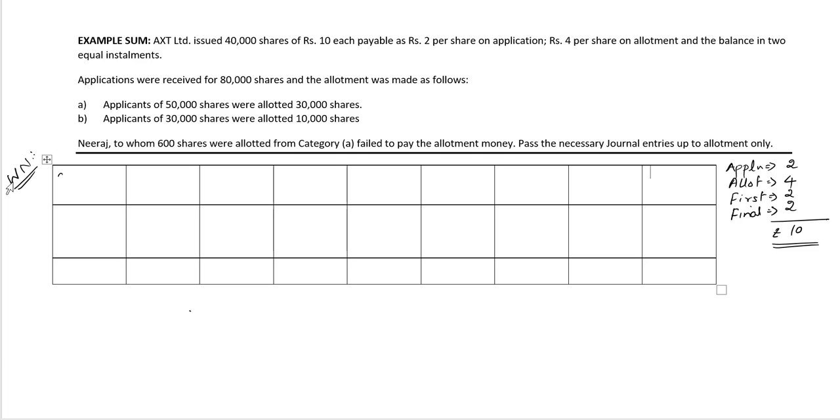So let's go ahead with preparing the table. Category, number of shares applied, number of shares allotted, application money received, application money transferred to share capital,